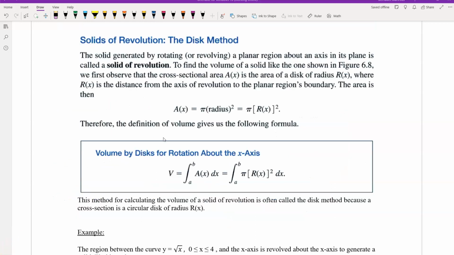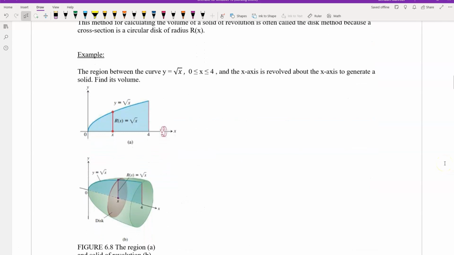Now here on this part we have the disk method. So, solids of revolution. The disk method: the solid generated by rotating or revolving a planar region about an axis in its plane is called a solid of revolution. To find the volume of a solid like the one that we have here on this part, this figure,